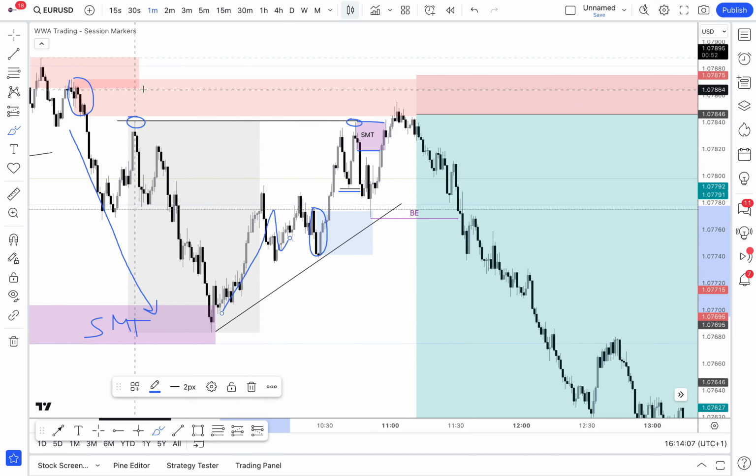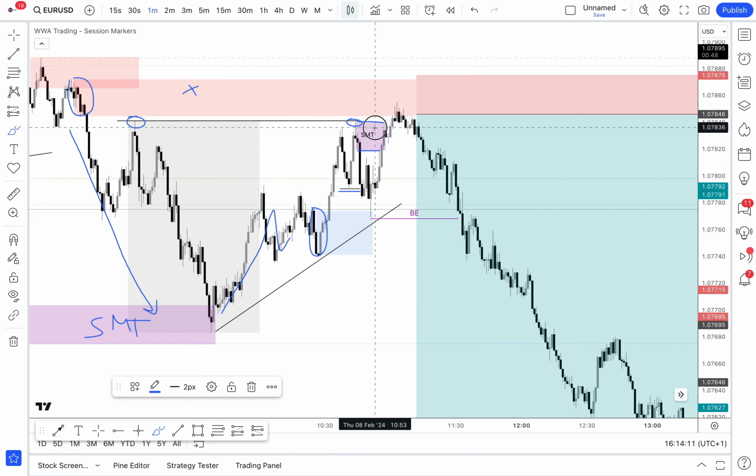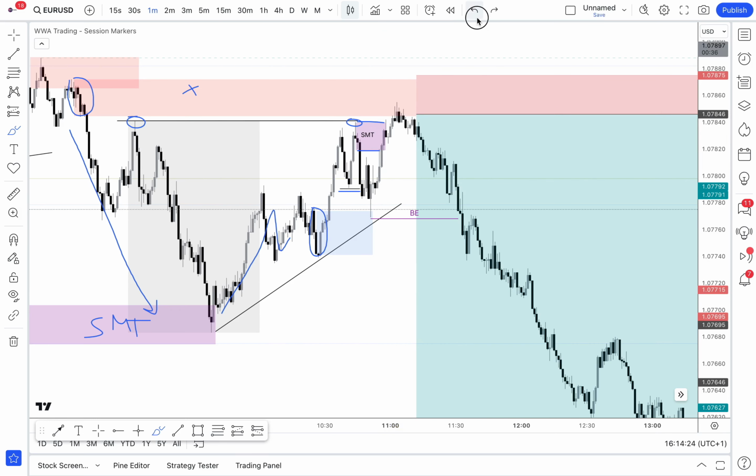I already know that this supply area can be high probability, but when this type of pattern is happening, it still gives me a higher chance to set a limit. So also very important is the timing at which I set the limit. I do not set the limit for my entry